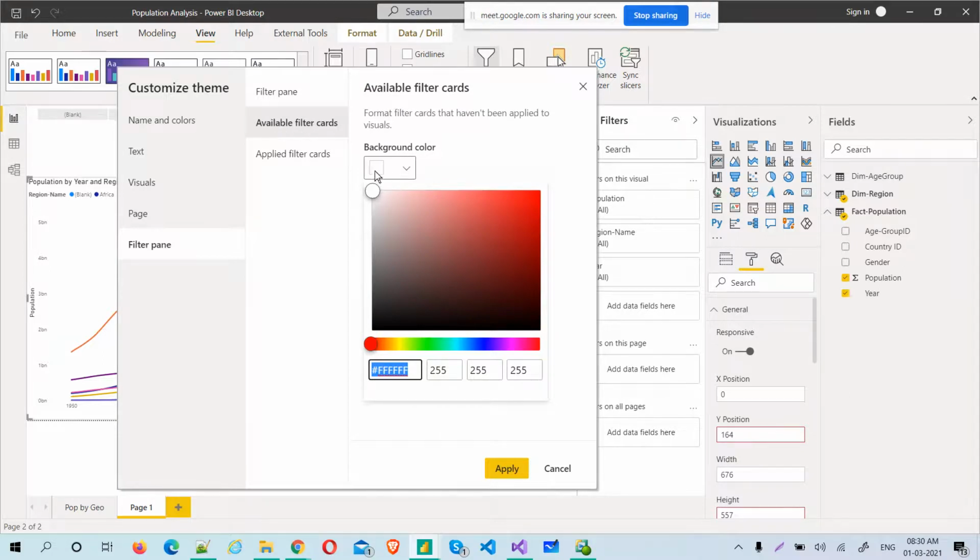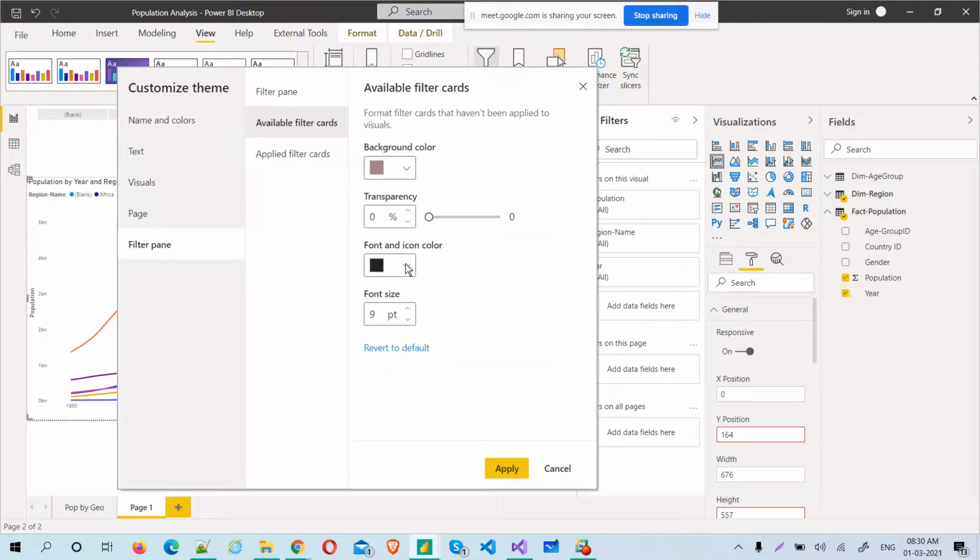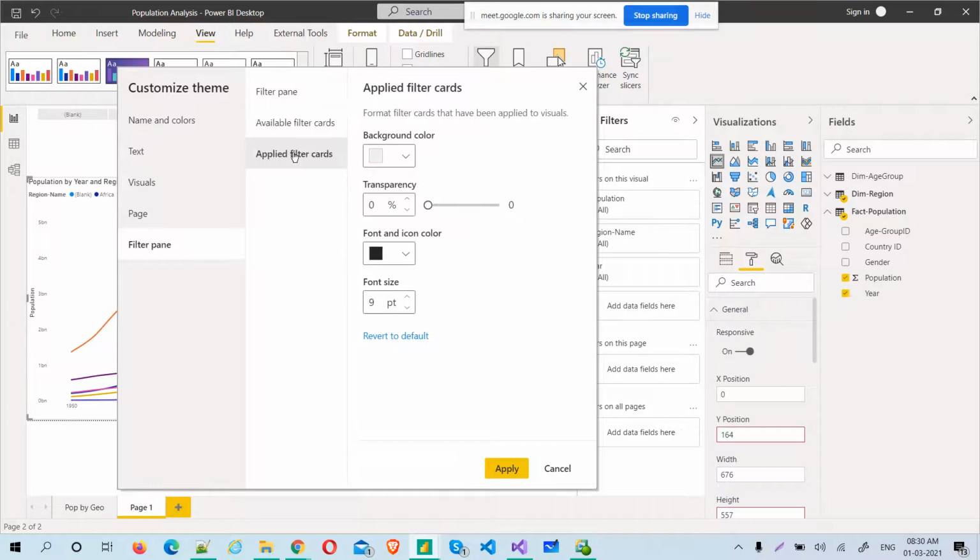Now background colors, available filter background colors. When I say filters, I mean card level filter, visual level filter, and page level filter, right? So that is basically here. Just apply this and set the transparency and font color. That's okay. Now you can change it to something like 11, and the same way for this also.